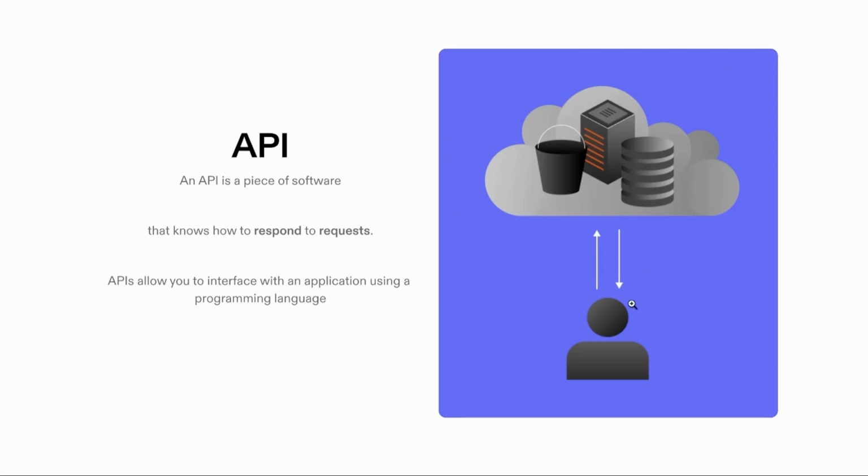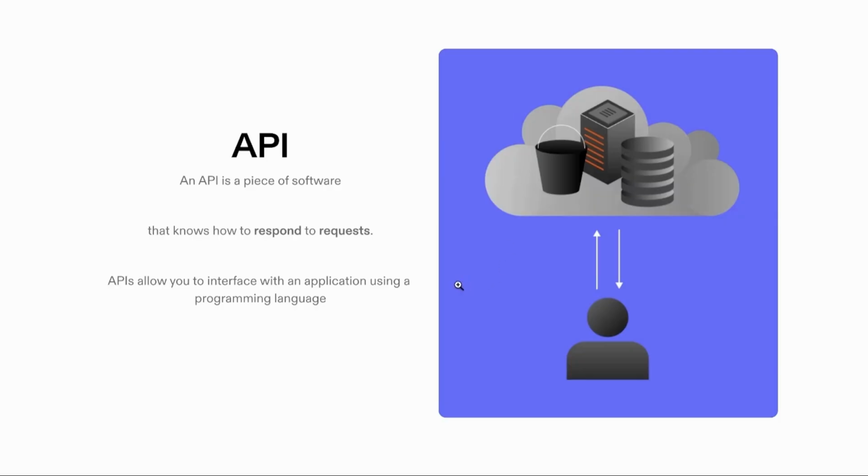Whenever you call an Uber, when you push that button on your phone, what happens is your phone sends a request to the Uber API, and that responds with, yes, I've booked your driver, it's going to be here soon. So every big company has an API, basically. API stands for Application Programming Interface.